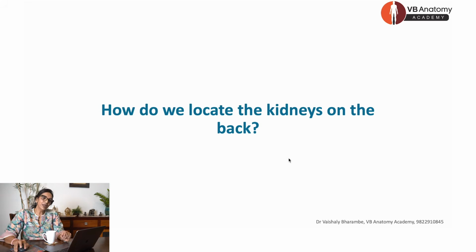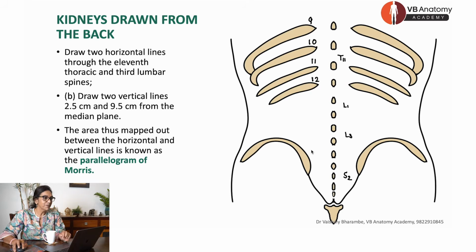So how do we locate the kidneys on the back? It's important since most of the time they are accessed from there. Okay. So let's draw them again from the back as well. Okay. So now I've given you this PDF as well. Use it. We are looking at the patient lying on his abdomen. Okay. These are the vertebrae. I have marked them from T11, L1, L11. It's all marked there. And that's the 12th, 11th, 10th and 9th rib. Okay. I hope you get that. Orient yourself first. Your patient is already turned.